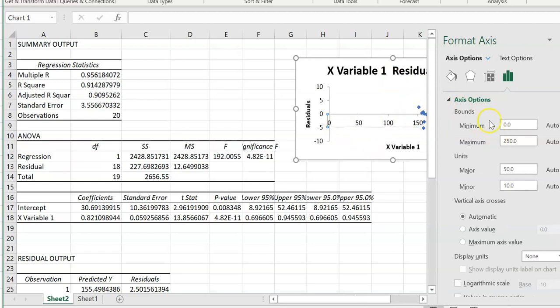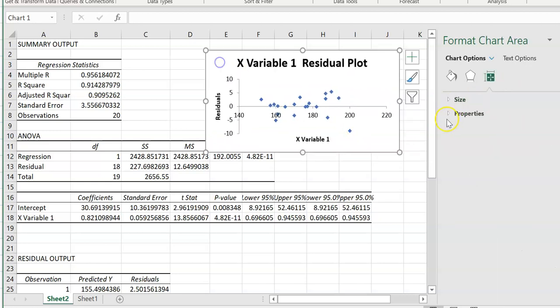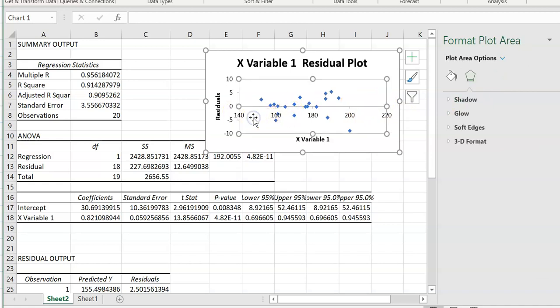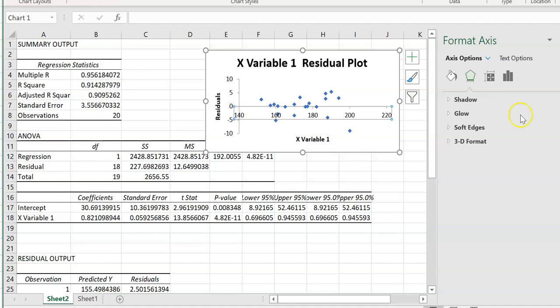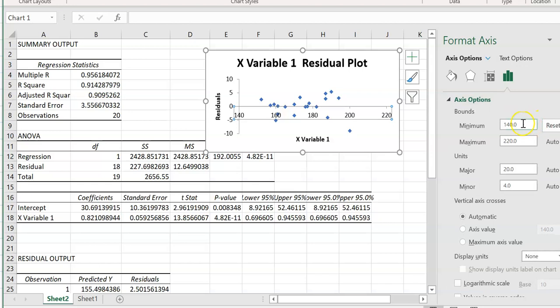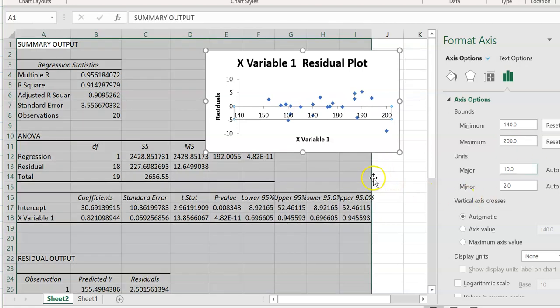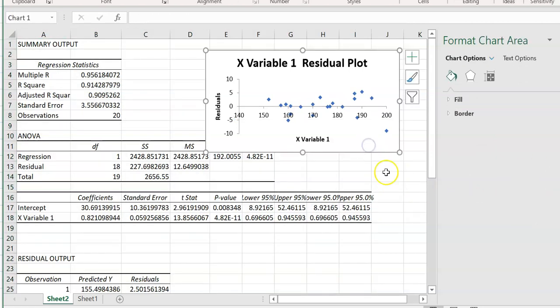I would like to see it at a minimum of 140, and I'll change the maximum to 200. Okay, that's a much better scaled residual plot.